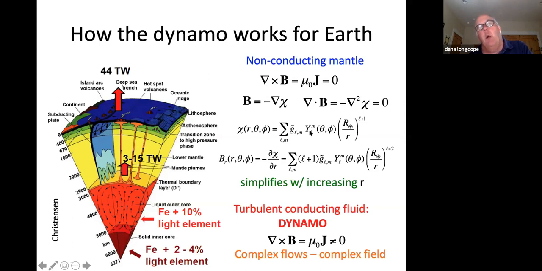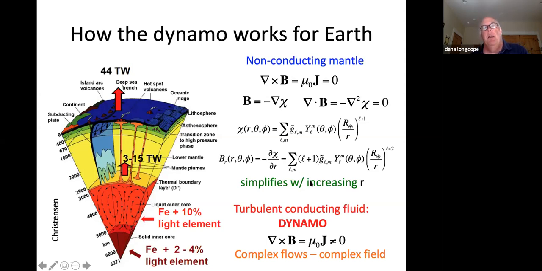If L is 2, it's a quadrupole, etc. The radial dependence, for the radial field, goes as the radius to the minus (L plus 2). So the dipole field is going to fall off more slowly than all the other components, the quadrupole, the octupole,